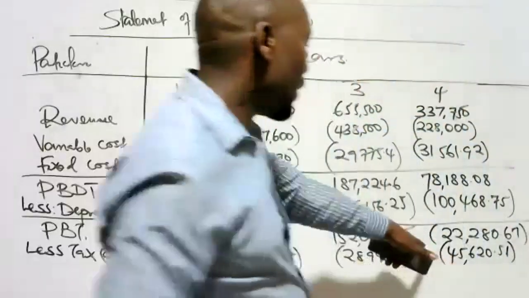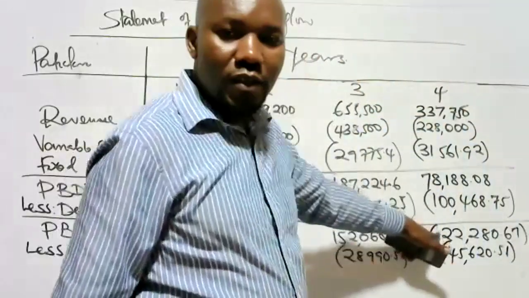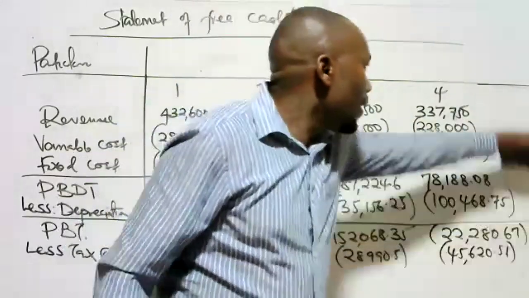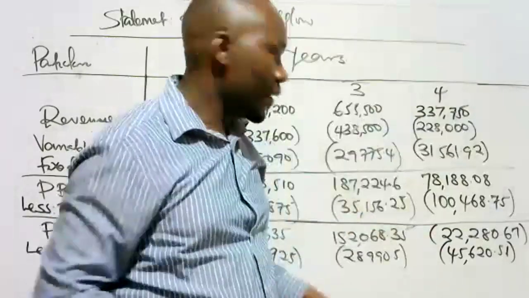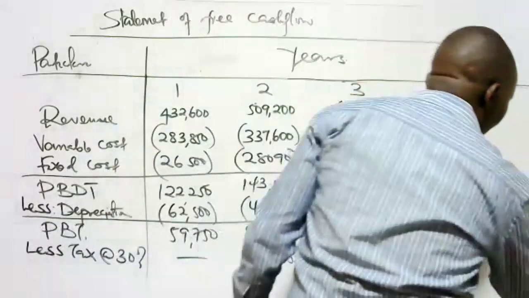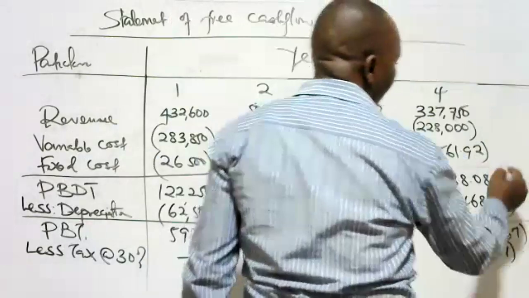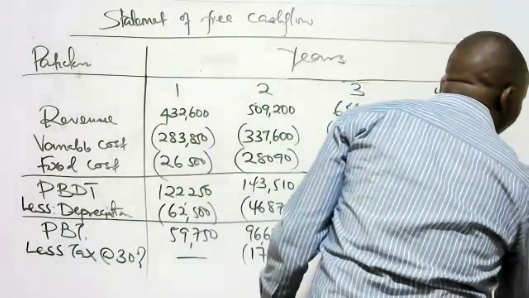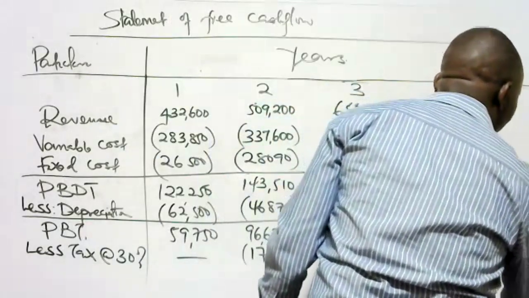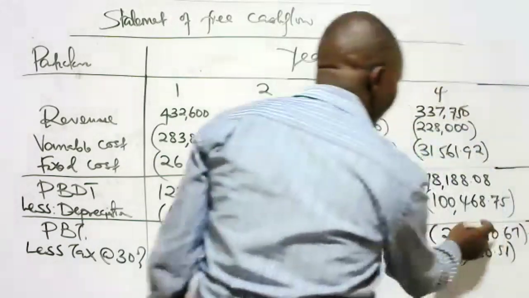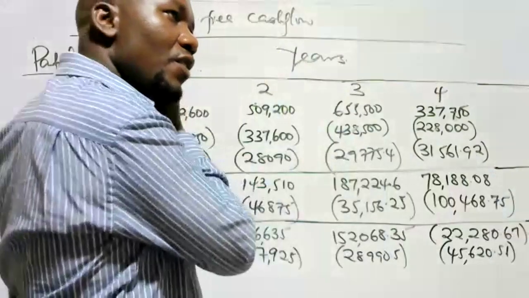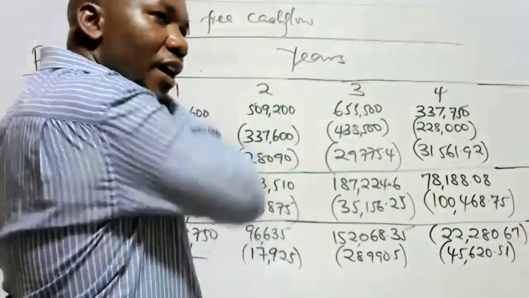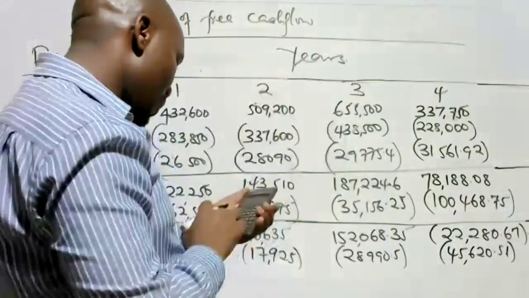This one is a tax credit. Tax credit means that in year five, it is now money that should be coming in. We don't pay, so that is why we have year five there. Ordinarily, the government should pay you that money back. So get the tax for here, but you put it not negative, but now positive because it is a tax credit. It's not a liability. It will be a credit receivable. So it is